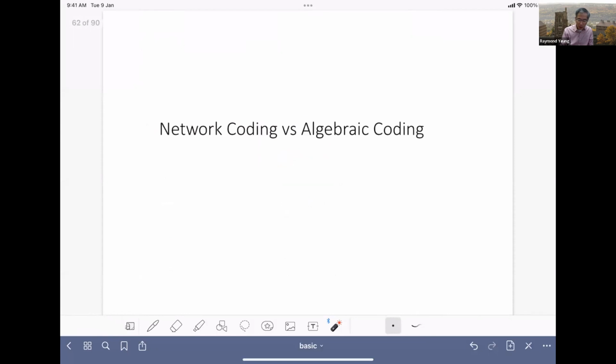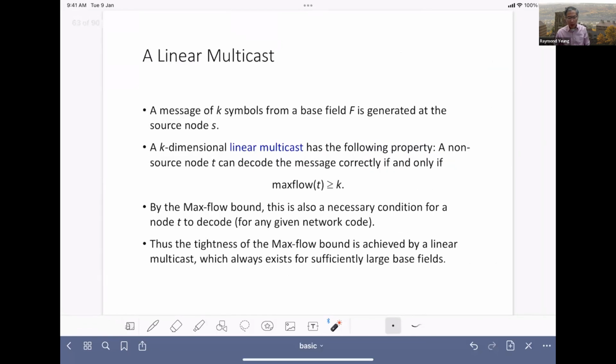Okay, so here I would like to draw a relation between network coding and algebraic coding. So now in a linear multicast, a message of k symbols, I deliberately use k instead of omega here in order to relate this to classical algebraic coding, because in the classical algebraic coding we talk about an nk code. So here in a linear multicast, a message of k symbols from a base field F is generated at source node S, and a